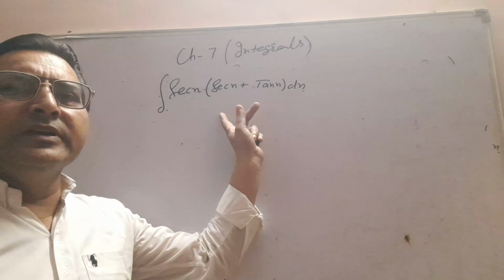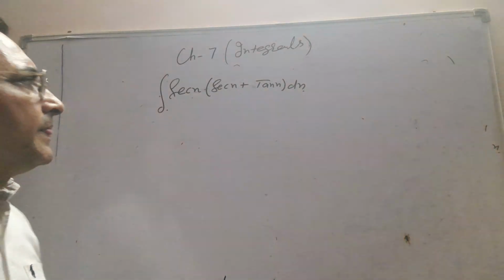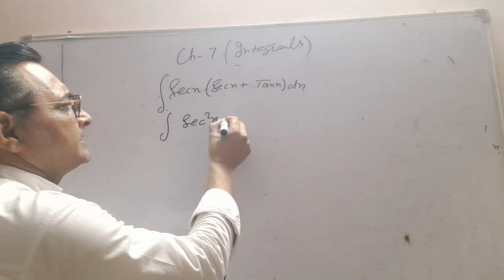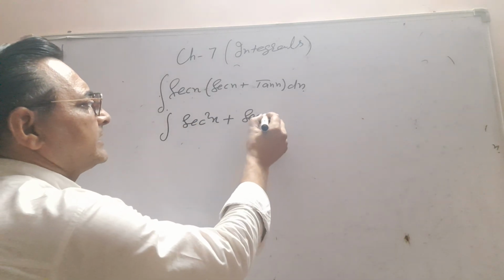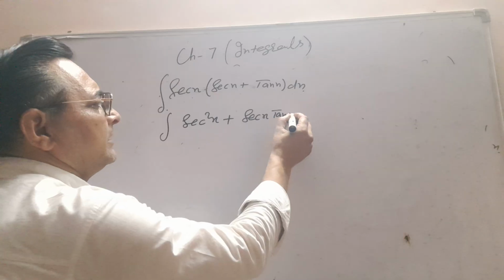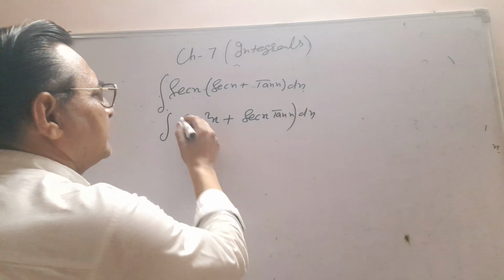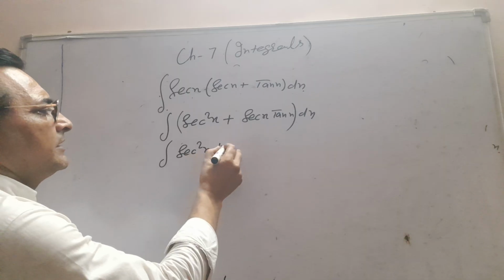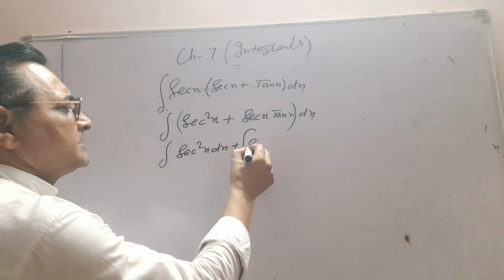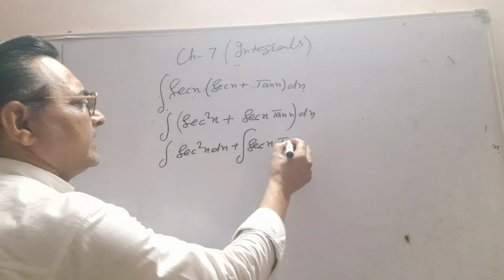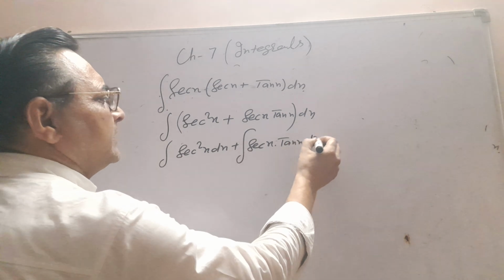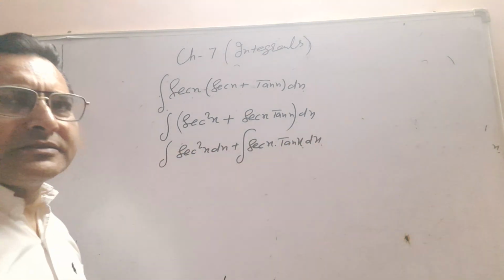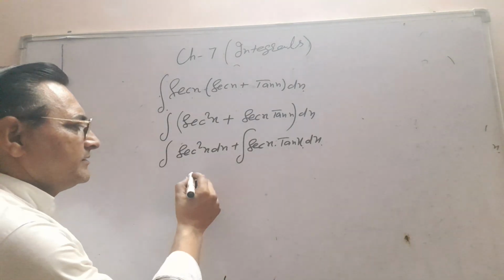So first of all, you multiply inside by secant x. So it will be secant square x plus secant x into tan x. Now you can separate the terms: secant square x into dx plus secant x into tan x into dx. Now you know the integration of secant square x, that is tan x